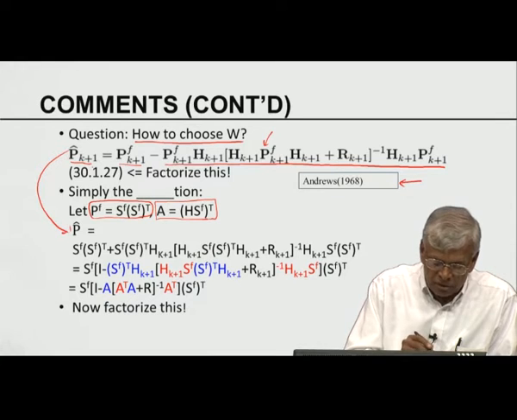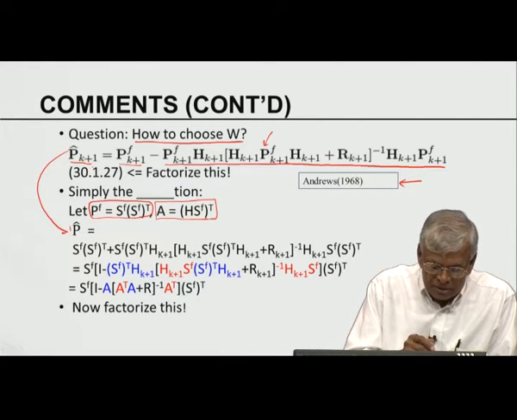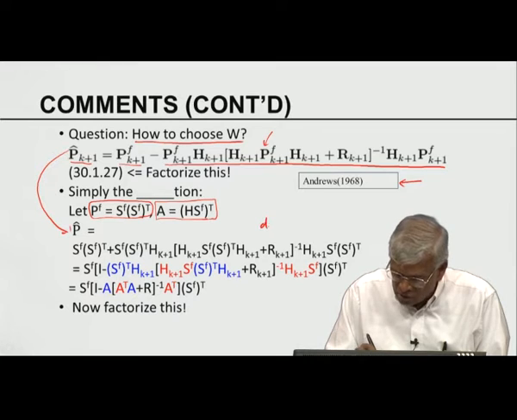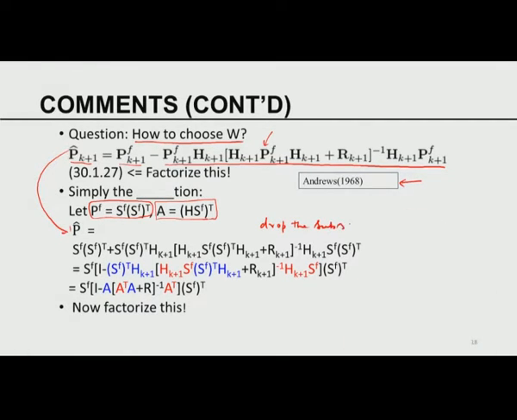So what is it that I am now trying to do? I am trying to drop the time index. Why? Drop the subscripts. I don't want to clobber my expressions because this is all happening at a given time. So I don't have to remind myself and bulldoze all the subscripts together. So by dropping the subscripts from the covariance matrices, therefore, P hat is the product of the square roots plus this expression.